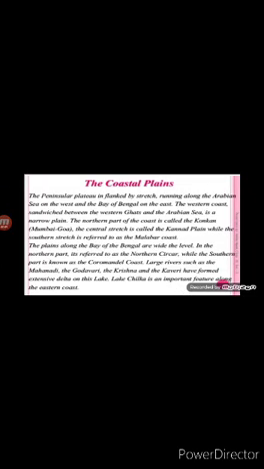Children, once again I am repeating the coastal plains. Listen to it very carefully. Peninsular Plateau is bordered by a narrow coastal strip running along the Arabian Sea on the west and the Bay of Bengal on the east, and we call it coastal plains. The western plain is narrow and consists of Konkan coast, Kanara plains and Malabar coast.